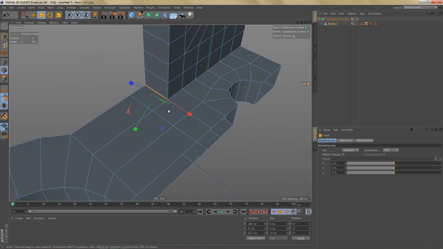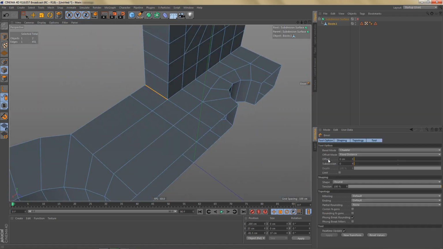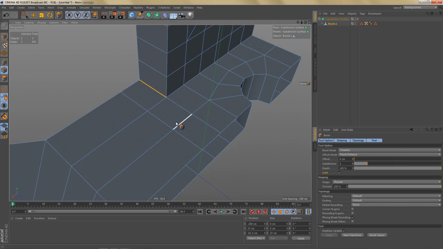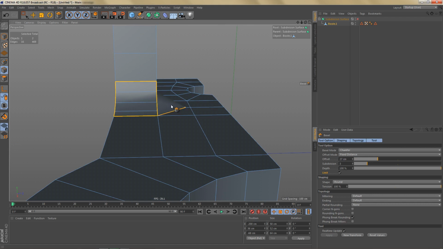So now let's select this edge and use the bevel tool. We're going to chamfer this edge, and in order to get a couple more polygons, we're going to use 3 subdivisions here. That should give us 4 polygons. And we're also going to use the limit option here, so we can stop the bevel at this edge and at this edge. So if I bevel this, I'm getting the curve that I want, but I'm also getting this